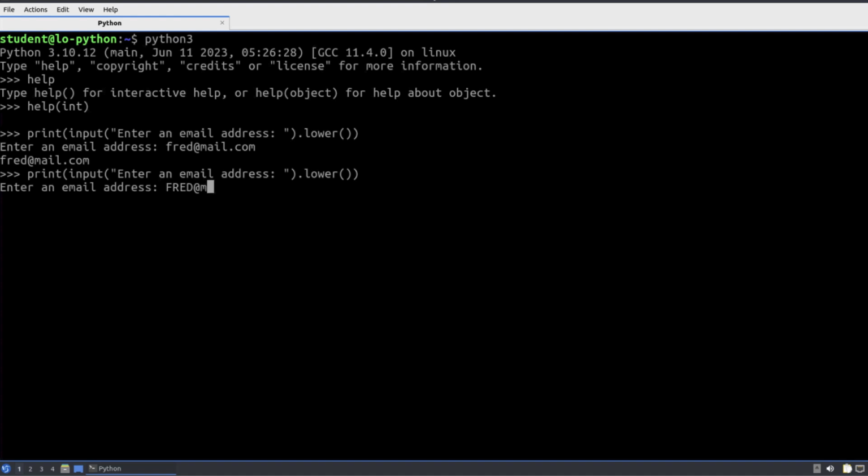If I prove that the lowercase bit is working by putting in Fred perhaps all in mixed case, then we can see all of that's working. But I don't have access to the value once it's been printed to the screen. We haven't stored it. So if I needed to check that the email address was valid, I'd have to try and do that all on that one line, which is just getting ridiculous, isn't it?